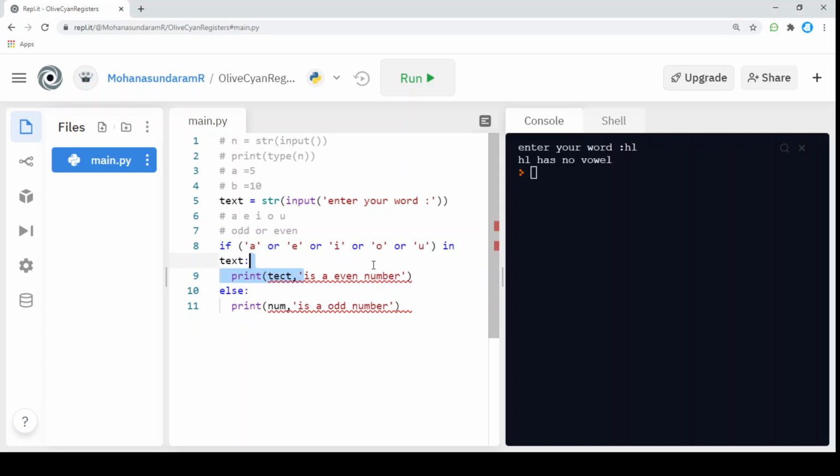If the characters a, e, i, o, u are not present in my text, then it will show that it has no vowels in it.